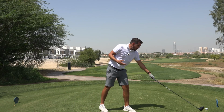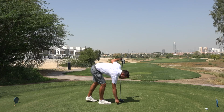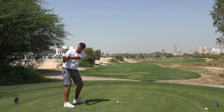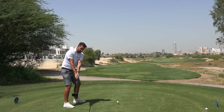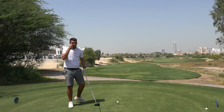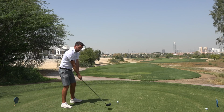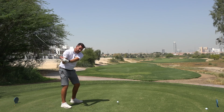Now, if you can rotate, then you add your rotation and you add your power in, and you want to feel that softness in the hands just there. I'm almost re-hinging it. So golfers talk about going back, hinging the wrist to the top of the backswing. I want you to re-hinge it on the way down. And then I don't want you to hold the hinge, I want you to release it instantly. So you'd hinge up to the top as normal, stop at the top, hinge it again,